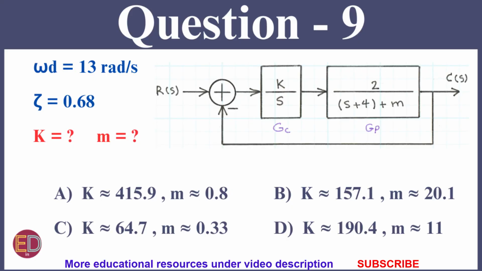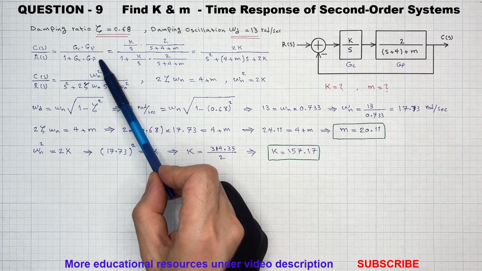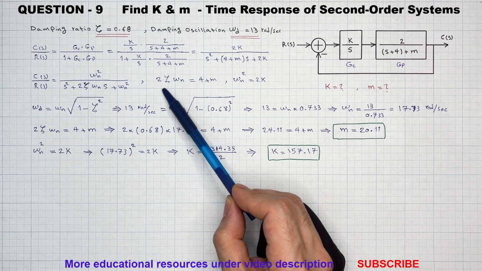Question 9. For this unity feedback control system, the damping ratio zeta is 0.68 and the damped oscillation frequency omega d is 13 radians per second. We need to find the values of constants K and m. To solve this problem, first we determine the closed loop transfer function relating output C to R. By comparing this transfer function with the general second order transfer function, we can see that 2 zeta omega n equals 4 plus m